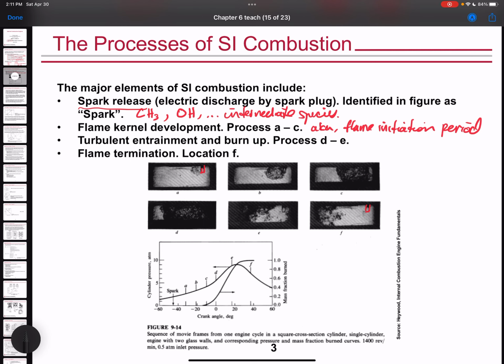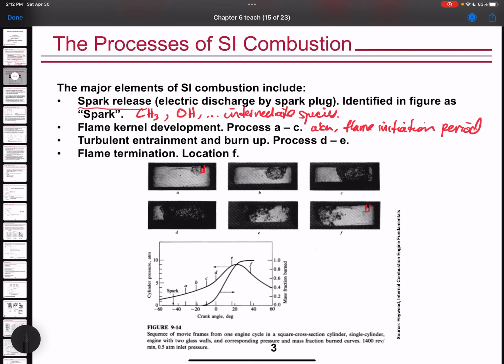And then almost immediately after the development of that flame, we trigger into this turbulent entrainment and burnup period. Now, the turbulent entrainment and burnup period is actually why we have a combustion process that burns quickly enough that we can consume the entire mixture within a single cycle. I'll talk more about that in lecture number 40, where we talk about the time that's needed for a combustion process and the fact that turbulence is an absolutely essential feature of the operation of most internal combustion engines. That period ultimately results in the near complete consumption of the fuel-air mixture,